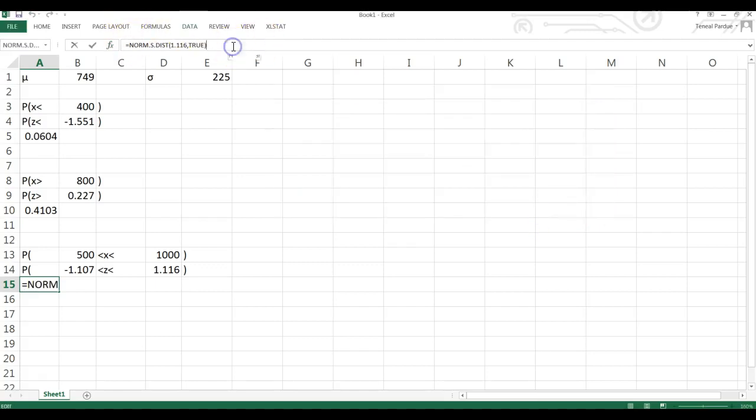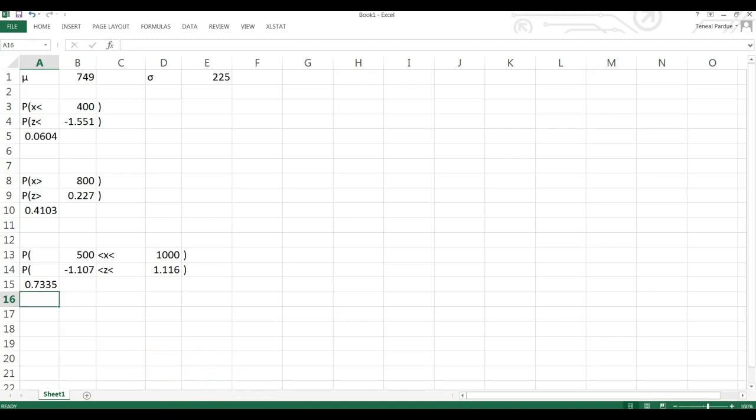So we've done the bigger one, and we subtract the smaller one. The smaller one is that true. And here I typed in 1.116, although we could just do the cell reference there instead. All right, so our answer there is